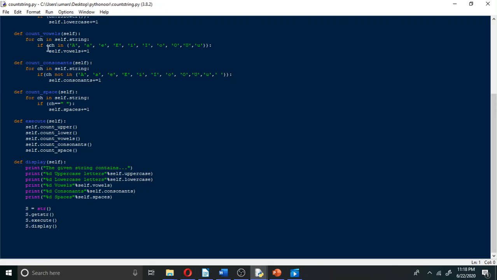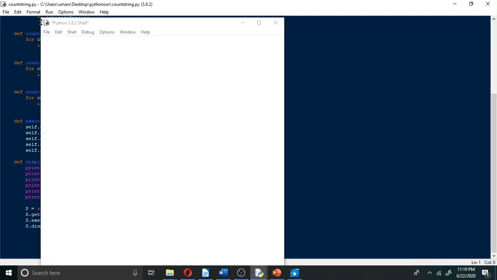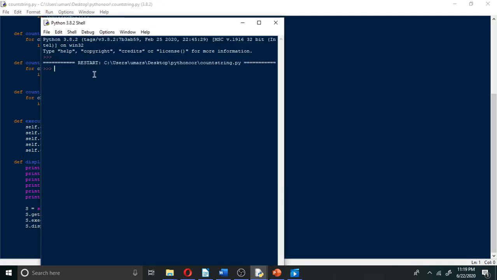After typing all the content in the Python IDLE screen, you just click the run option, and go into run module. Now you will see the program is compiled and ready for execution.